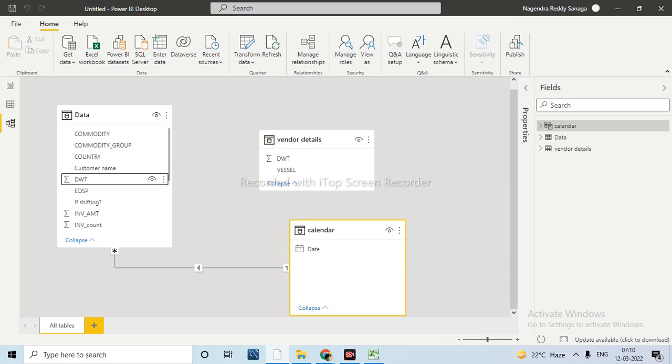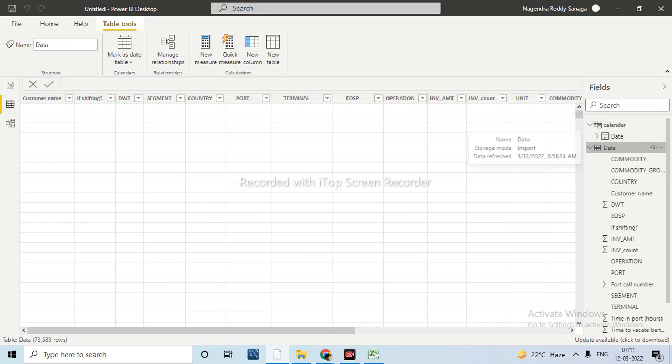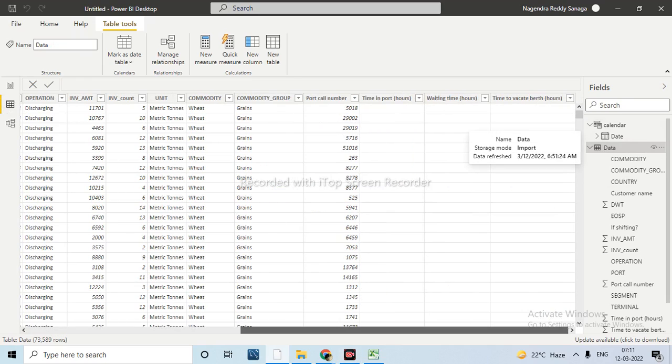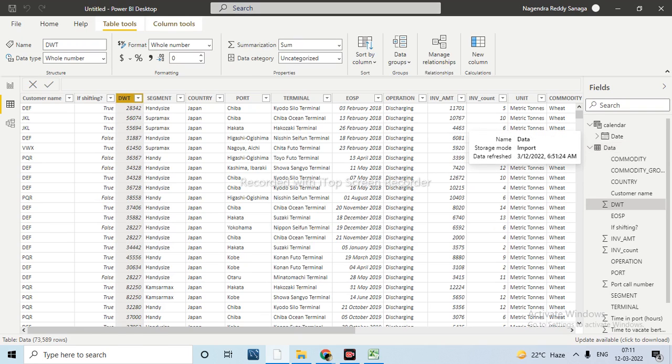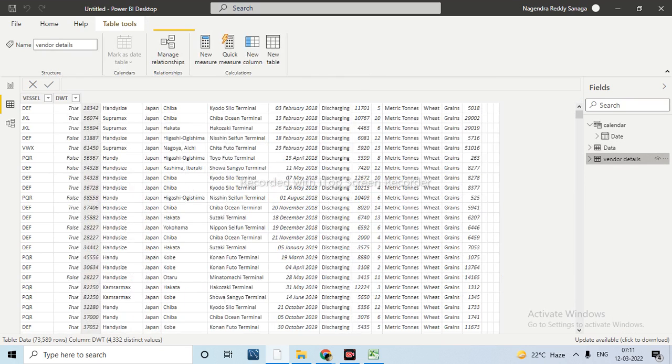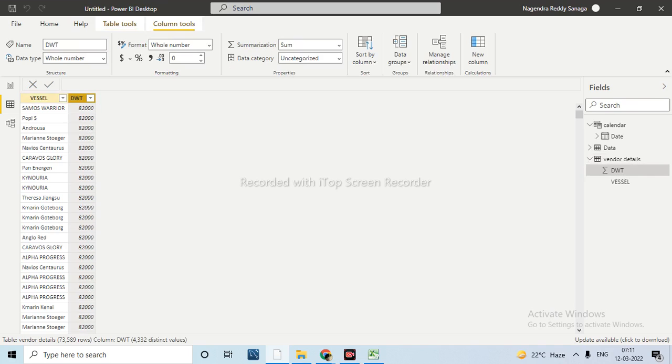Unique value. Okay, if the relationship is not working, we will take the direct lookup value. Even that is fine. Anyway, our end result is that we want the vessel name based on this DWT name, right? Now we'll see. Okay, here we have the distinct. We don't have distinct values, so it is coming like that. No problem. Now, here we want this vendor details, the vessel name is there, right? Anyway, we have these numbers also. Here we have duplicates. That is why we are getting this.